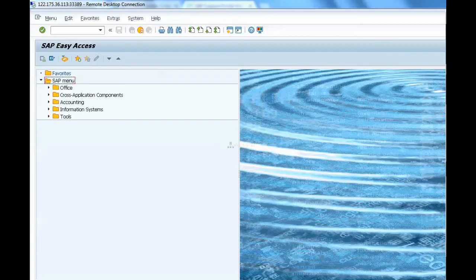Okay, no one will be logged in as a dialog user in non-business hours, correct? Yeah. At that time, in non-business hours, my business-related background jobs will be run. More background jobs will be run in my non-business hours. Why? Because I am scheduling my business-related jobs in non-business hours only. Why? Because in that time the server load is very low and the server is very free.